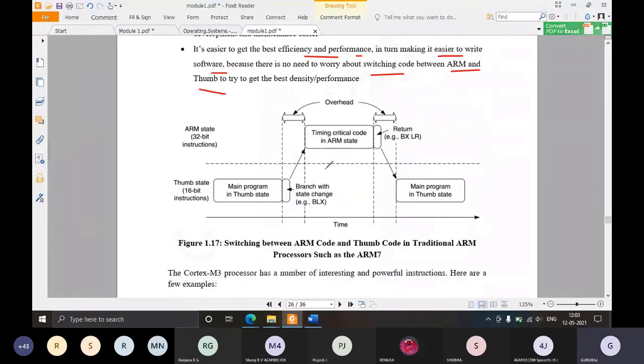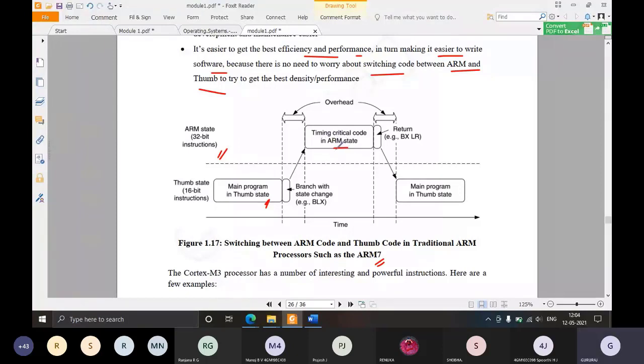This is the example of ARM7, where there was state switching. ARM7 is a predecessor of ARM Cortex M3. Before ARM Cortex M3 came, ARM7 was there. In that you can see there is state switching happening. The main program is in Thumb state. Whenever computationally intensive, timing critical code came, it immediately changed to ARM state.